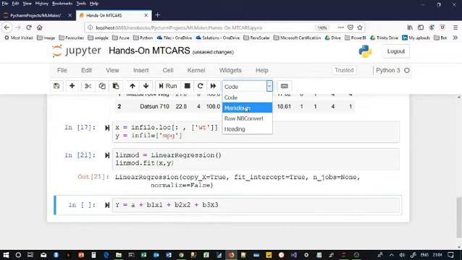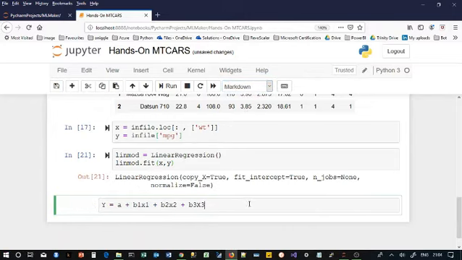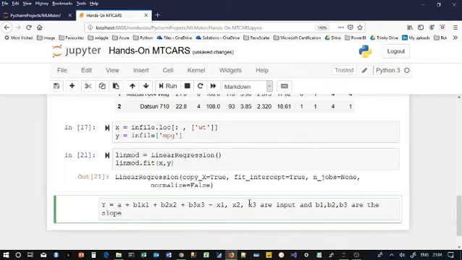This doesn't have to be uppercase. Let me change this to markdown. It takes a format like this, where x1, x2, x3 are input variables, b1, b2, b3 are the slopes or coefficients, which are multiplied with your input variables, and a is the constant or the intercept.